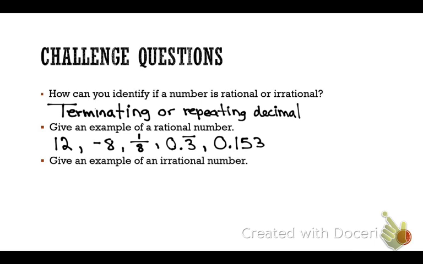All right, so rational numbers really make up the majority of numbers. Actually, there's only really one type of number that's irrational, and those are the decimals that just keep going on and on and on forever, and they have no pattern, and that's what we're going to learn in 9.5. So we'll come back to these challenge questions after we learn 9.5,